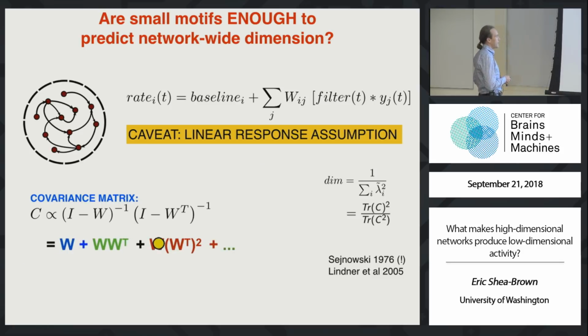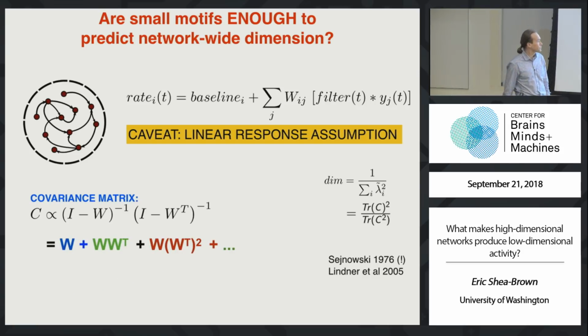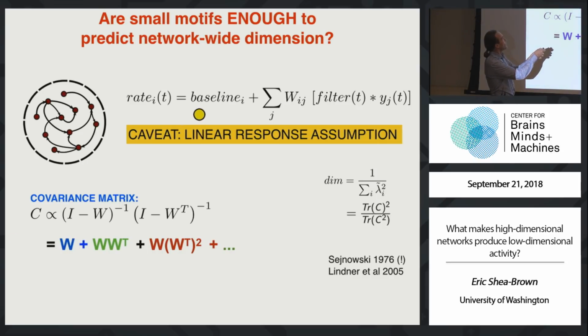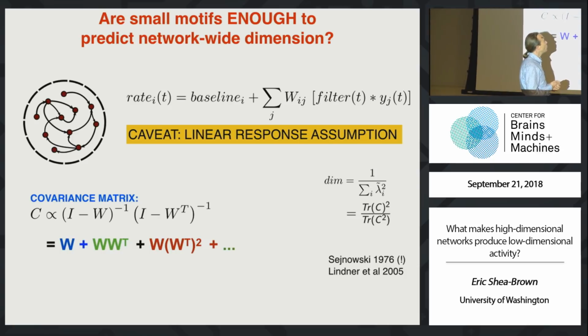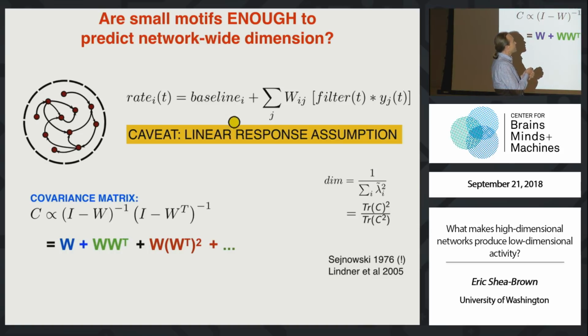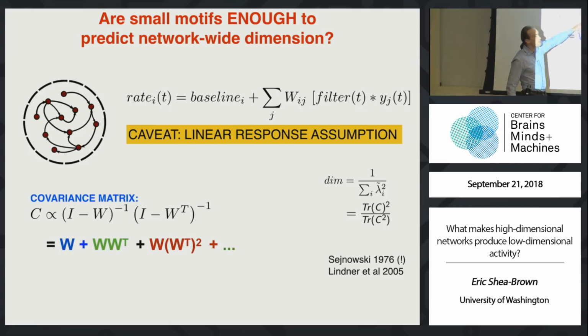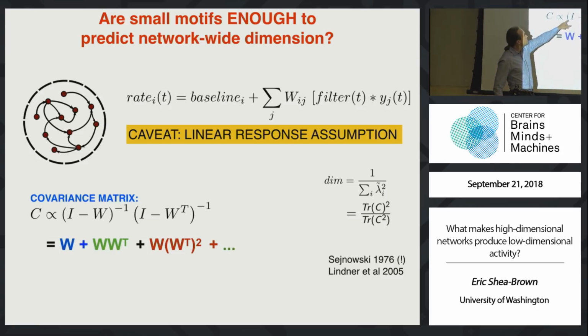What's the next step that I can take to get a formula, again, which is not... Go ahead. There is some assumption about the treatment. This is the identity. Sorry, this comes from the baseline rate. So this is what you would get if the baseline rate was 1. The baseline is an external source. Yes, I guess that's right. The baseline is the rate at which a cell would fire in the absence of recurrent coupling from the system, or like a constant. This is the identity matrix.